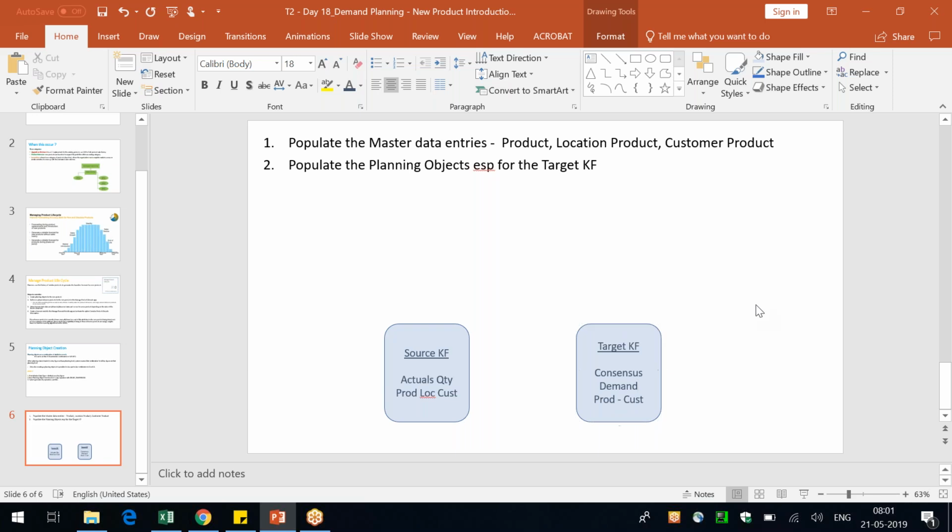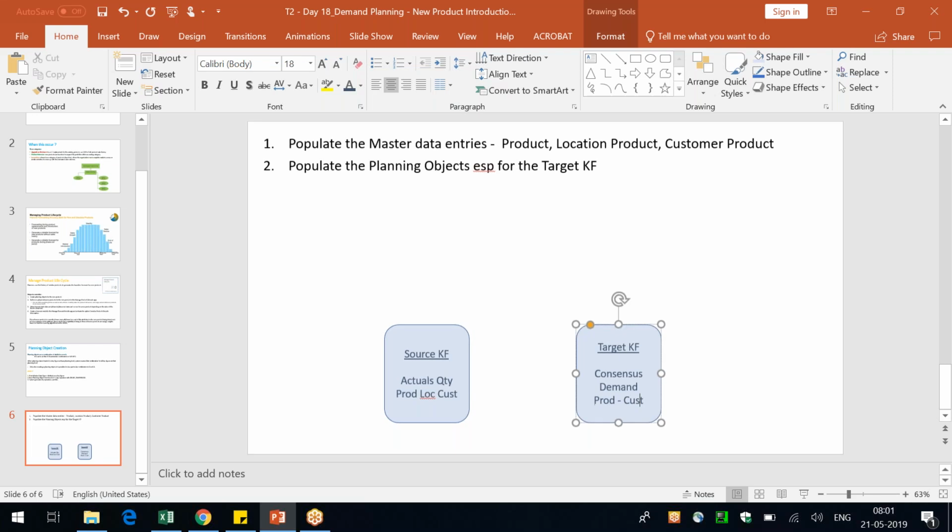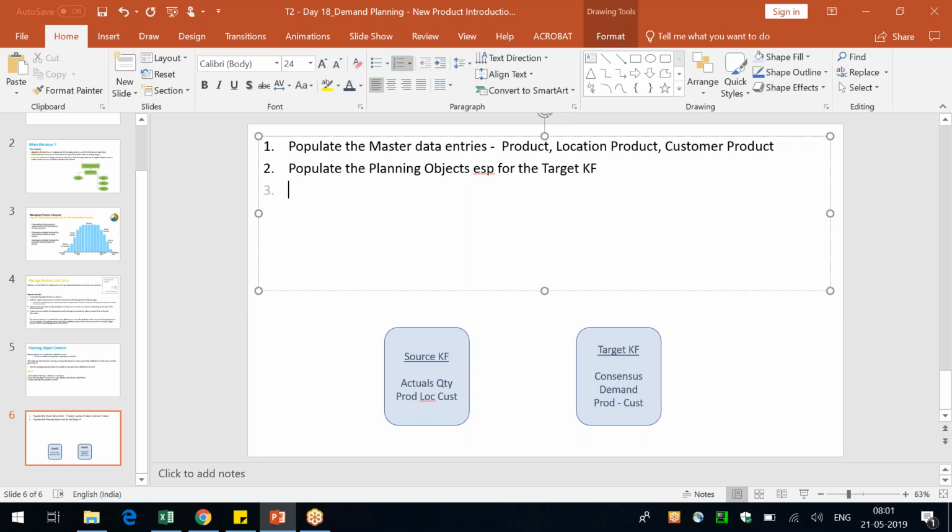So now what I'm saying is that you have to create a planning object for this target key figure, that is consensus demand, at this level called broadcast. That means you have to extend this product S13 for the customer, Amazon, Best Buy, etc. Okay, that's the second thing that we have to do. Third thing is,